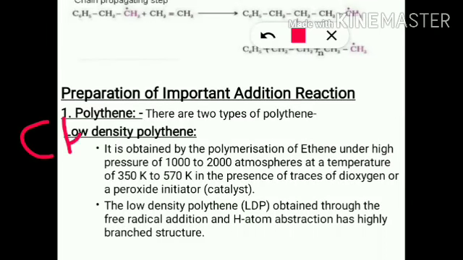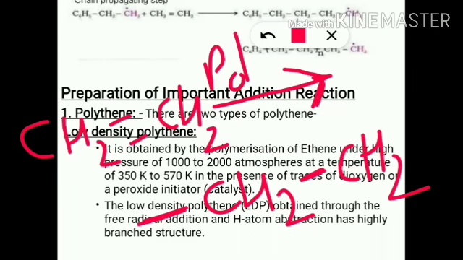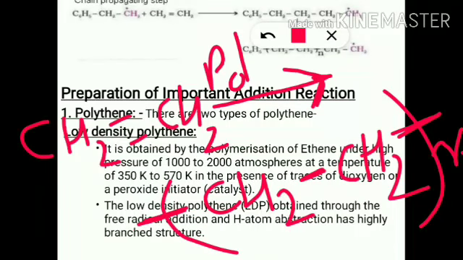This is the ethene molecule, CH2 double bond CH2. When polymerization occurs, you write polymerization on the arrow, then you will see CH2, the double bond converts into a single bond, then CH2, one single bond free on each side, then you can write n. This is ethene and this is polythene. Free bond means many ethene molecules are joined together.